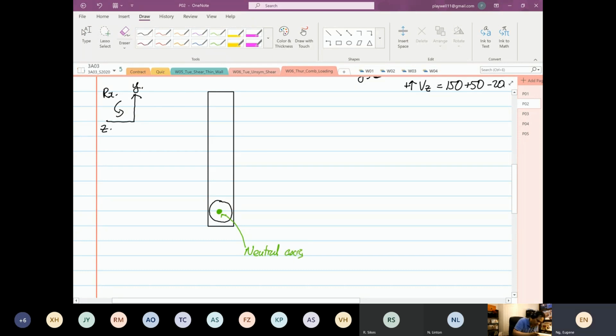And then we're going to put in all our loads. Okay, we're going to put in all our loads. So we're going to put in, so we have